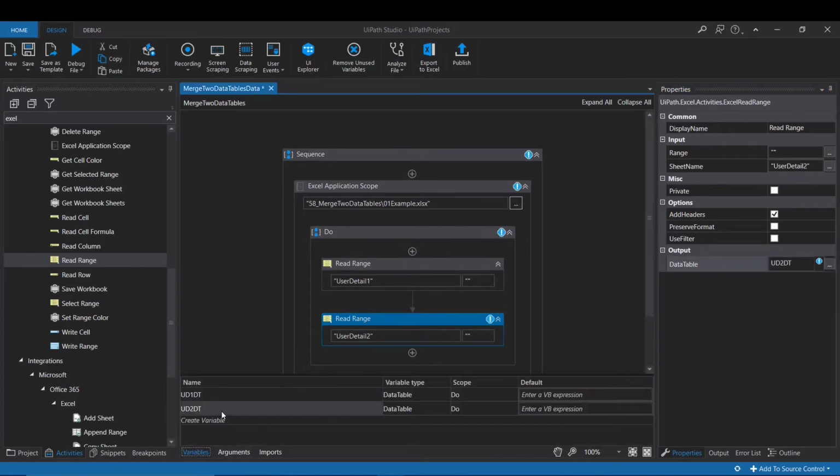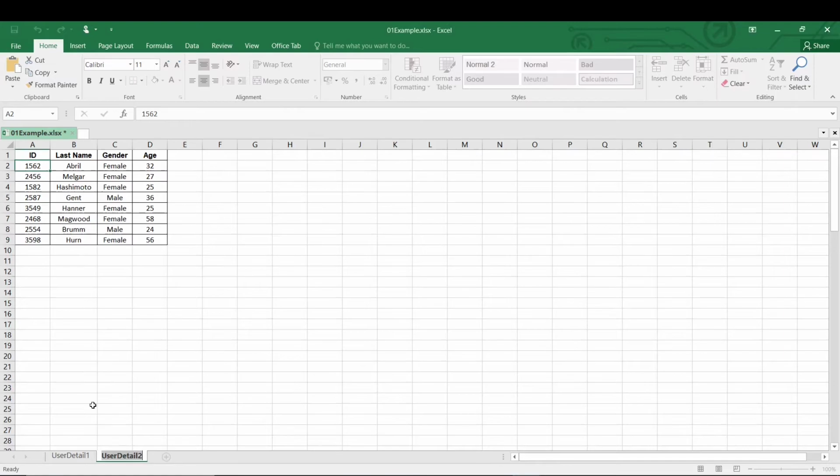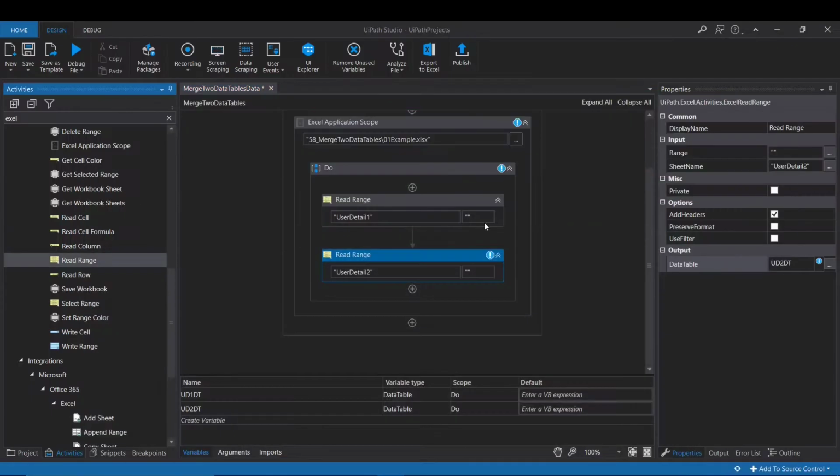Enter. So here in the variable pane, we can see there are two variables available. The variable types are data table types. So these two sheet values 1 and 2 are stored inside this data table. Now the next step will be I will make one primary key.